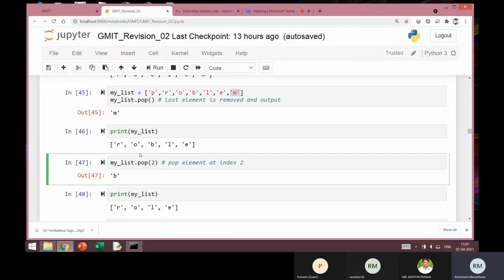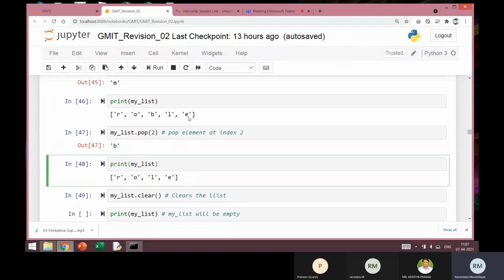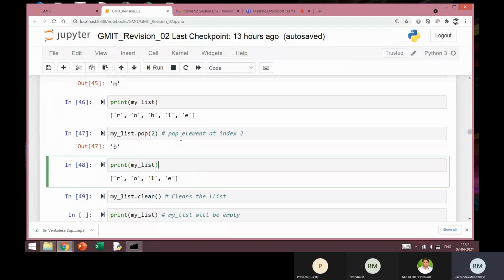So here at index 2, counting 0 1 2, I have the character B. So character B is returned, and in mylist you can see that the character B which was here is missing. It has been popped out. Okay. So by default, pop will always return the last element in the list. And if you want to return any other element, you have to give the index position of that element.